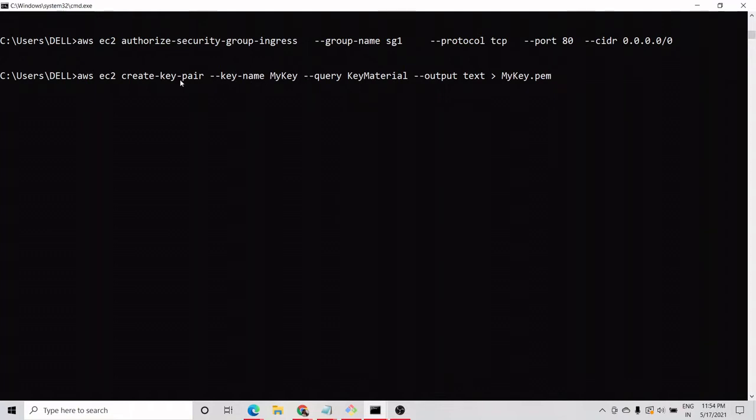So what we will do is AWS EC2 create-key-pair, and we will provide the key name, and then we will do a query on key material, because when we create any key, it gives us output and it gives us key material. Whatever key material it provides, I just want it to go inside this file, mykey.pem, and I will use this key file as the private key for doing SSH. So whatever output comes in key material will just go inside the mykey.pem. That will be my private key.